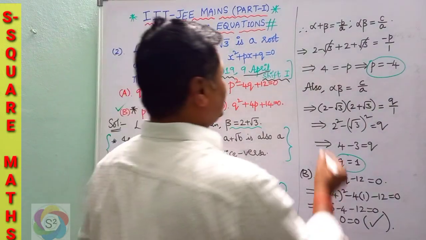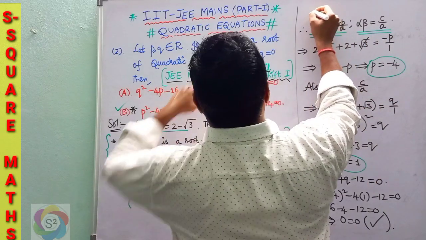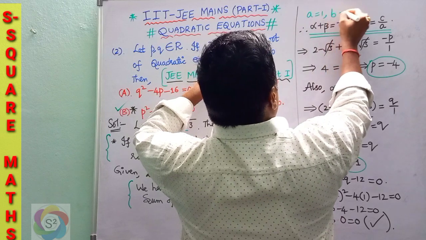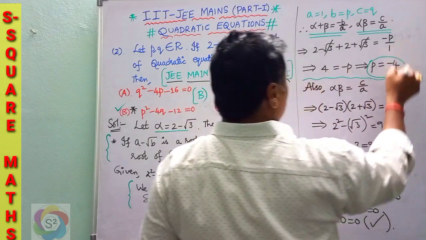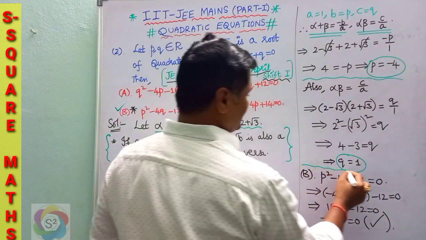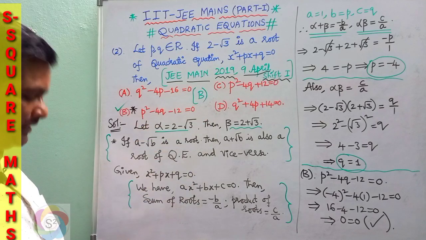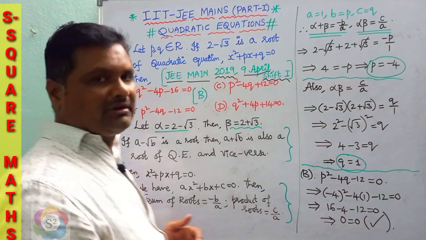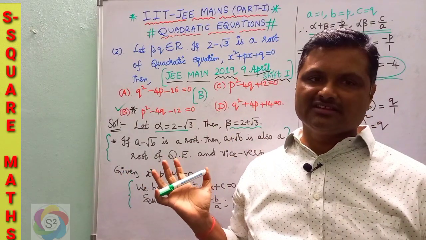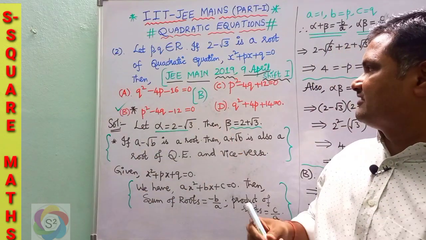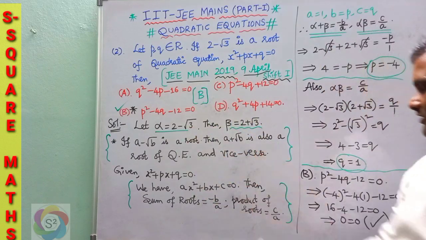With this formula we are proceeding. Alpha plus beta is the sum of the roots and alpha into beta is the product. Our a, b, c values are a is equal to 1, b is equal to p and c is equal to q. Substituting here, for alpha plus beta p is 4 and alpha into beta q is 1. After getting p and q values, substitute in options A, B, C, D. By trial and error method, or just substitution of p and q values in all the 4 options, you are going to get option B. You can have a look.